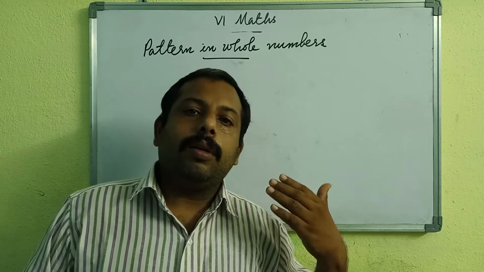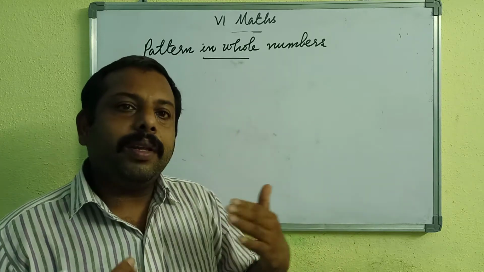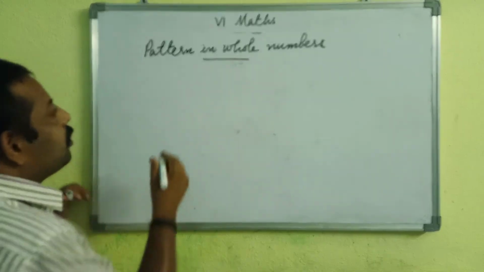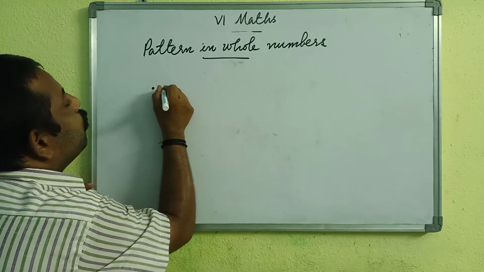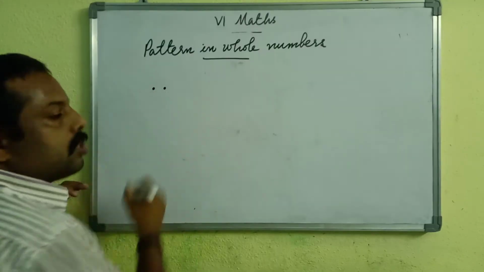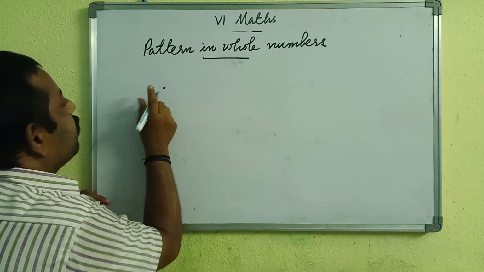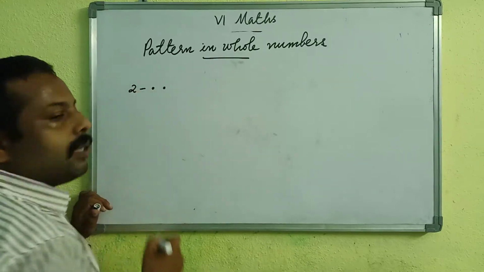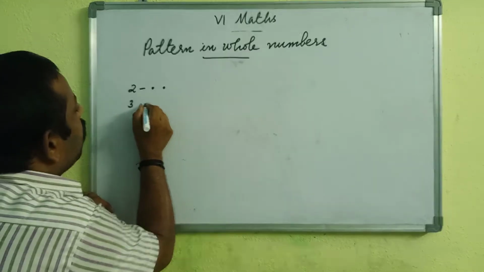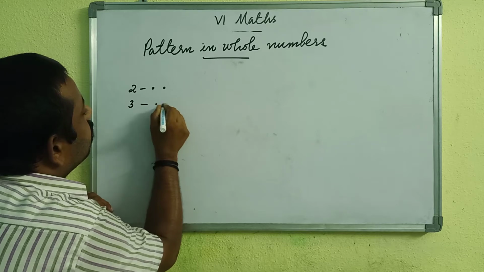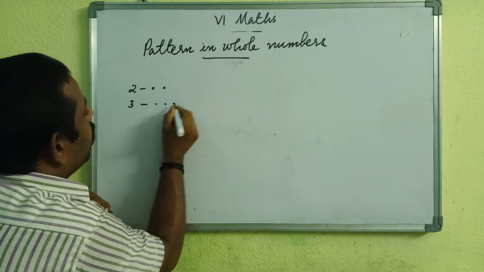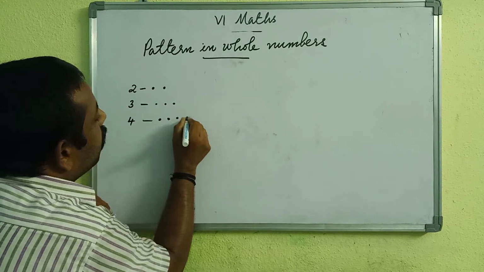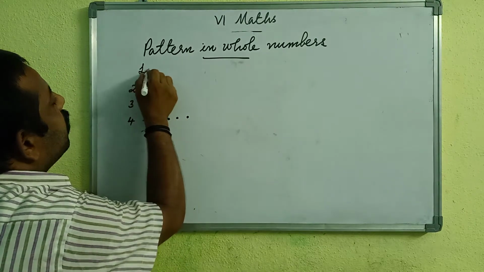All of you understand one thing very clearly: every number can be shown as a line. For example, 2. To show 2, we place 2 dots. See, this is a line. When you unite them, you get a line. So 2 can be shown as a line. What about 3? We can show 3 as 3 dots. See, this is also a line. 4, you see, 1, 2, 3, 4. So all these are lines.